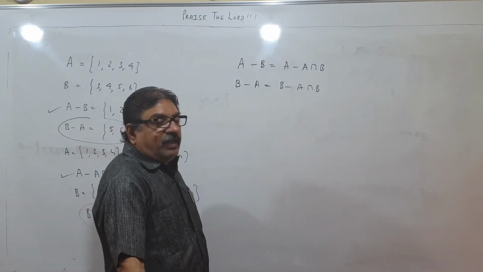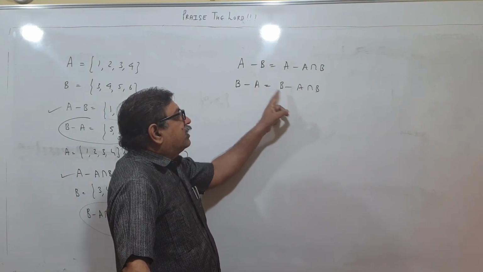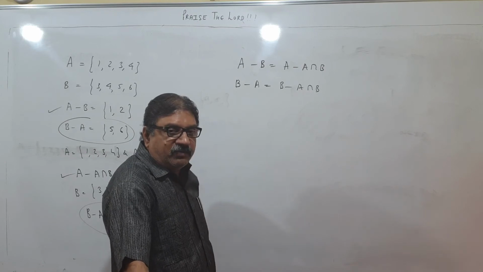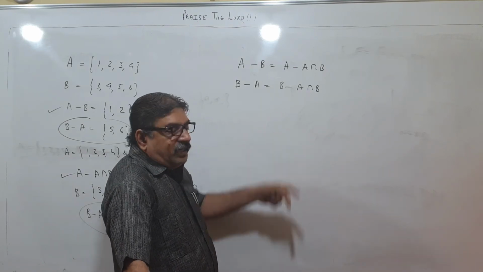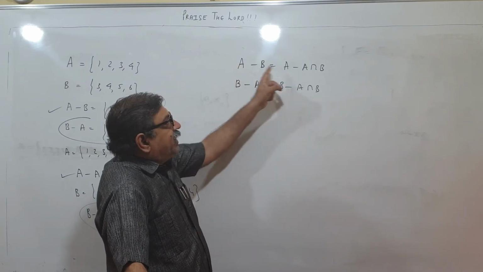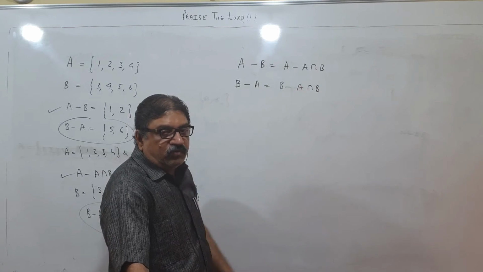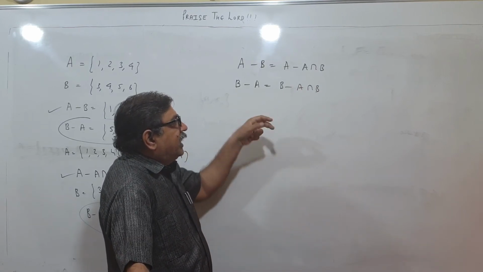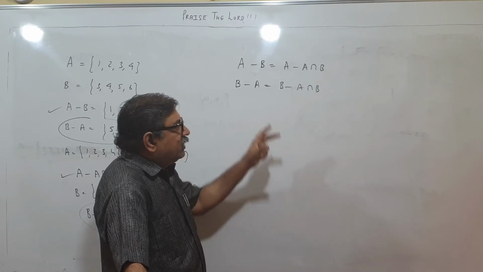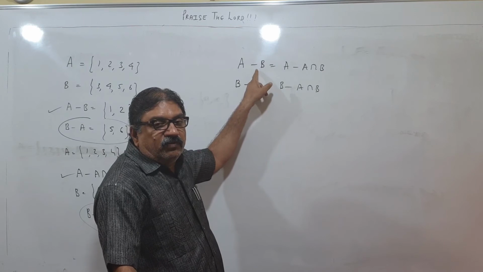Now children, don't apply algebra rules over here, like B and B cut, minus minus cut, that means A is in A intersection B. No, please. These are sets, these are not numbers. So operations will be a bit different. Don't apply rules of algebra. Please don't do things like canceling A and A and concluding B equals A intersection B. These are sets and this minus may have a different meaning. These are not real numbers. Okay children? So please.